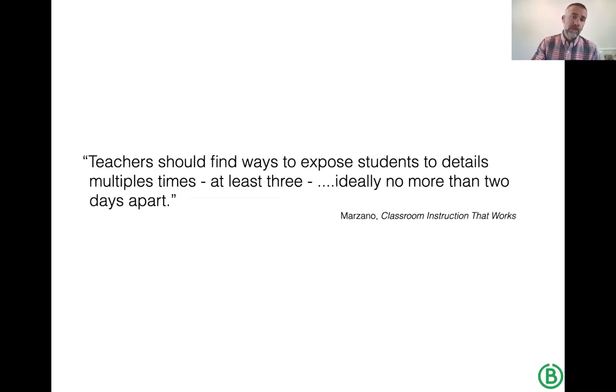That can really help with students. And then it really all kind of boils down to Marzano's work about exposures, because that is where the retrieval practice comes in. And his work is saying, you know, teachers exposing students to details multiple times, at least 3, ideally no more than 2 days apart. And it can't just be like, hey, remember this, we did this. It's this working memory. It's by virtue of the routine. So if you think about it with organized binder, I give my lesson, that's the first exposure.